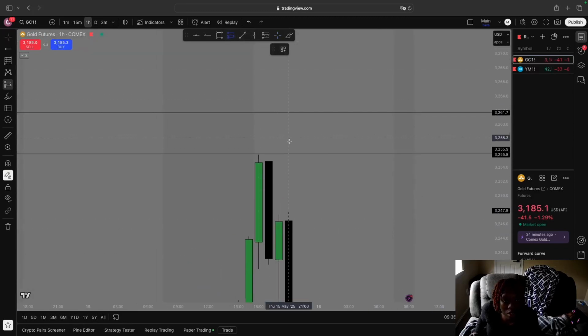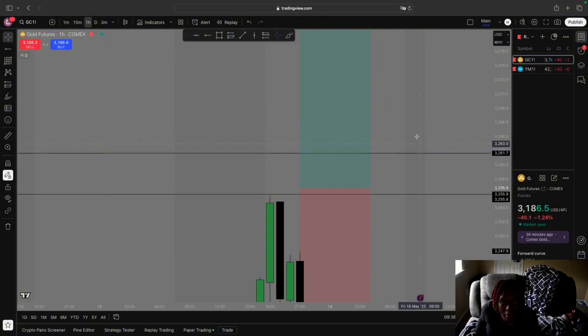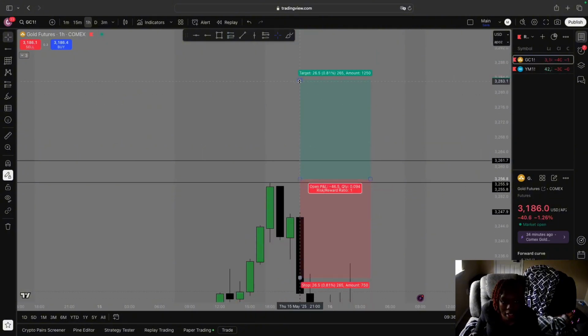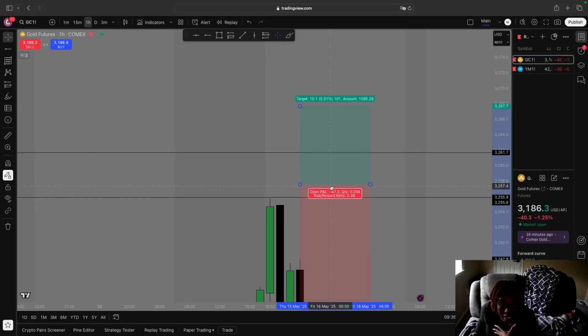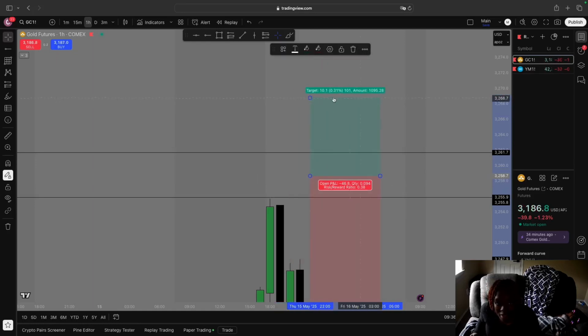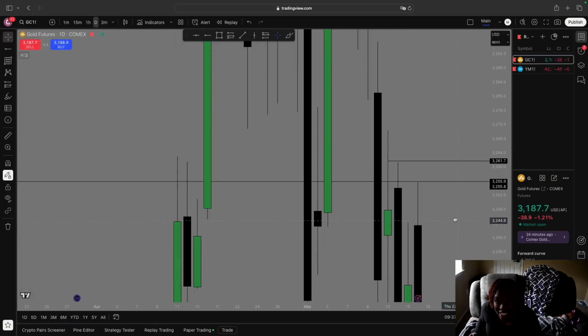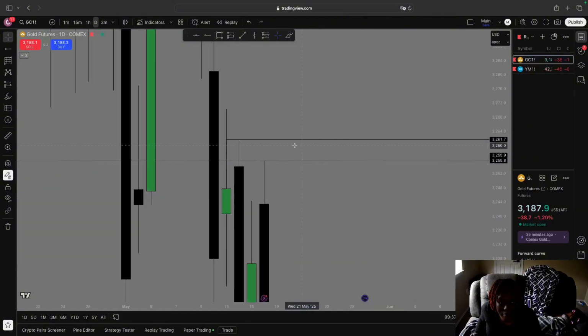Now, this is gold. So for me, imagine it broke right here. And for me, I like to get 10 ticks off of gold. That high there doesn't give me that, because if it broke above, and sometimes gold likes to break, and if it did that, look where my profit goal is. That wouldn't be an area I would want to target, because I'm looking to get 10 ticks. So that